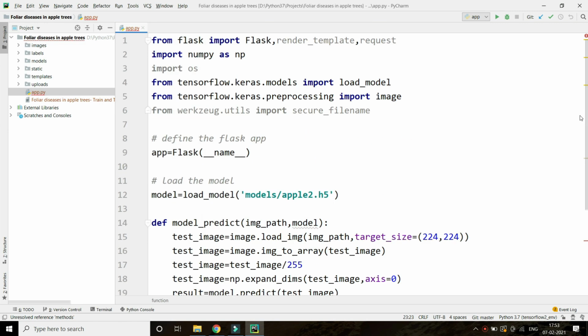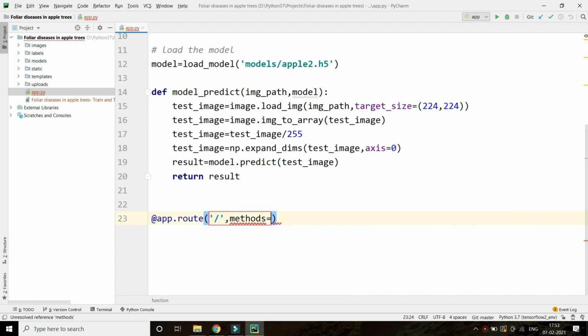I think I have not defined methods, but I don't think we need to define it. Methods equals GET. There are lots of methods, but basically two: GET and POST. So in this home page, what are we going to get?